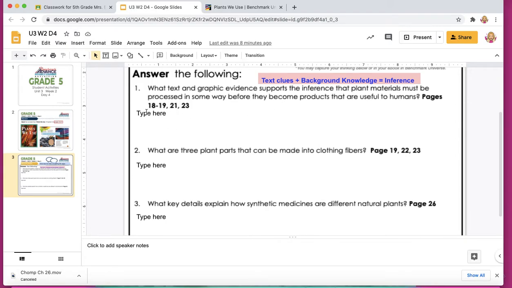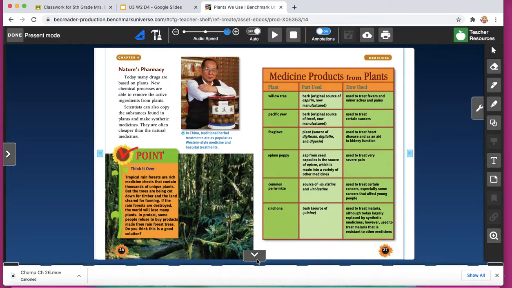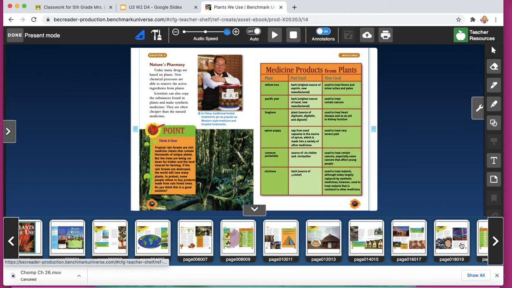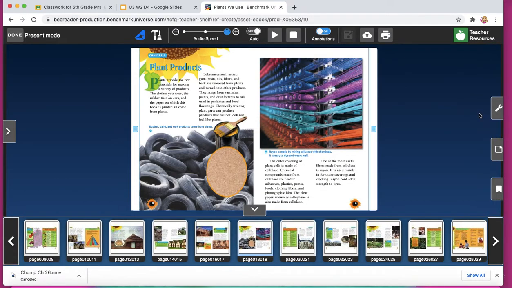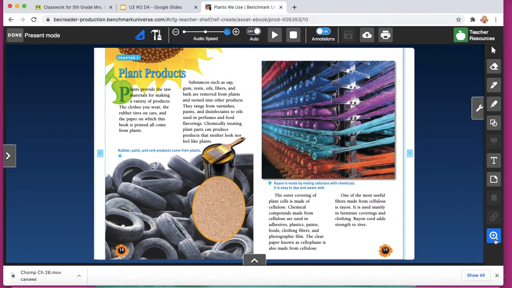So let's go ahead and look in the text. It looks like we have to look in a couple places, pages 18 through 19, 21, and 23, to find places where they are processing plants. Okay, so I'm going to go here all the way back to page 18 and 19, and I definitely need to zoom in because this is very small for my eyes. There we go. Okay, so here it says plants provide the raw materials for making a variety